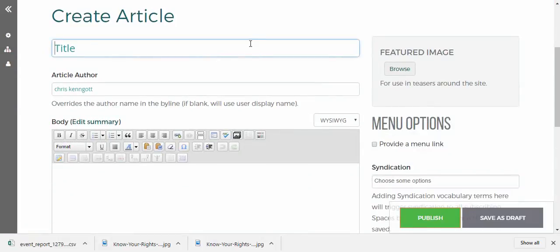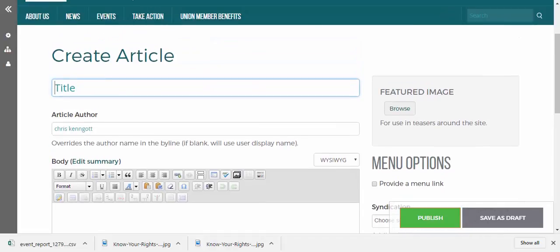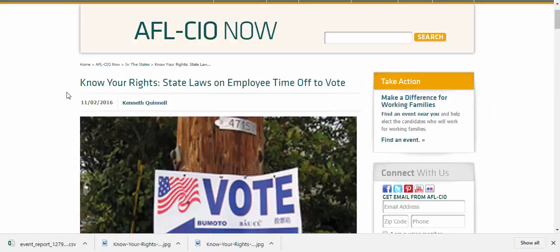Now, when I do my articles in my demo site, I always use the AFL-CIO's blog because it's a really easy place to grab content. The one thing I will tell you, though, is that